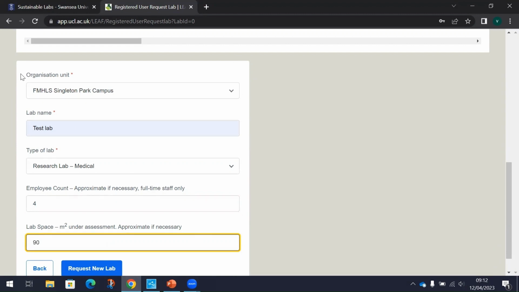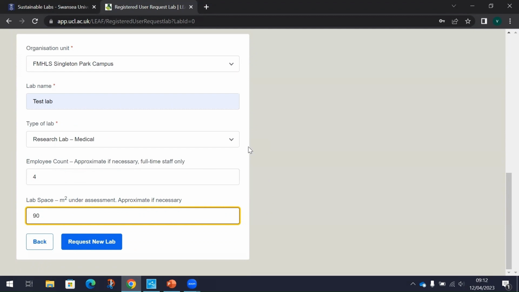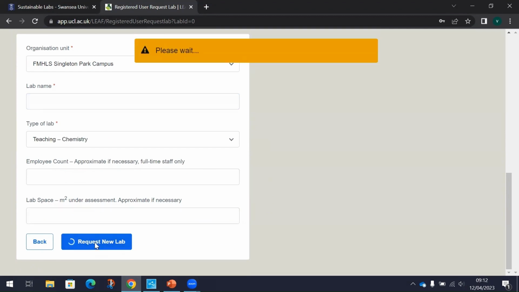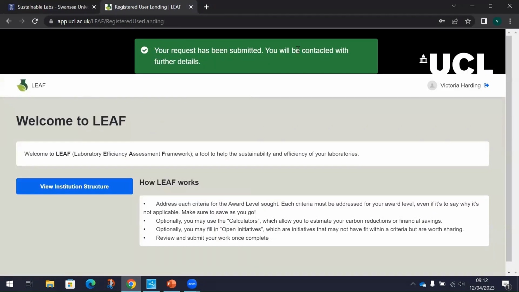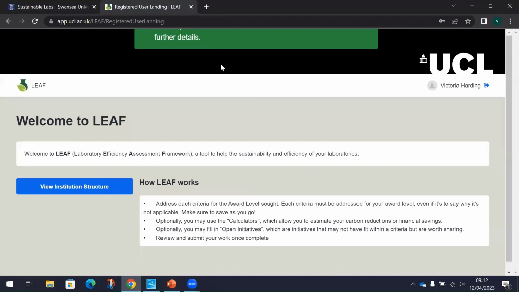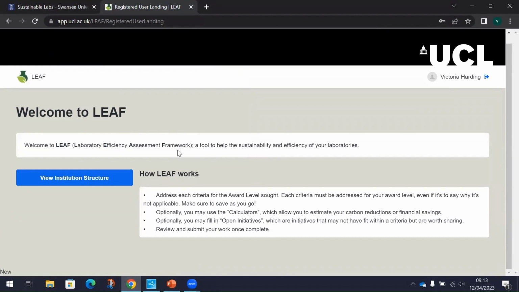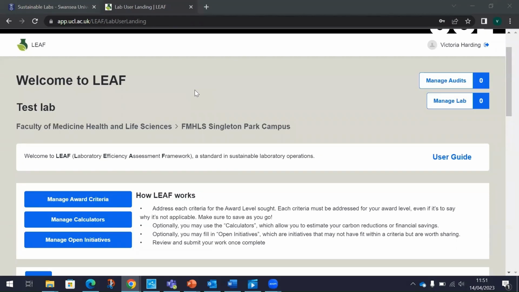Okay, so I'll just double check everything. I've got the right faculty, the right campus name. Yep, that's absolutely fine. Okay, now request new lab. Okay, so your request has been submitted and you'll be contacted for further information. So once your lab request has been accepted, you will then be able to log in, and this will be